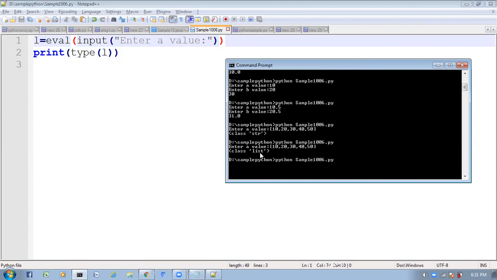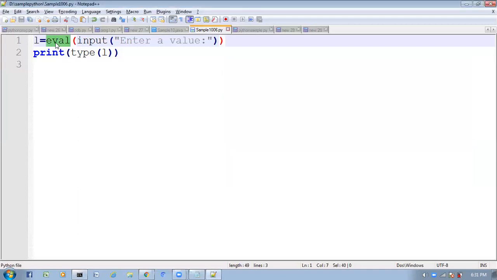Now here I am going to enter a tuple: 10, 20, 30, 40, 50, 60, taking parenthesis here. Now the eval function will automatically convert into tuple type based on your input. See here, we are getting tuple type. So by using this eval function, we can convert whatever you are expecting into that type automatically by taking this string as the argument. Is this point clear? How does the input function work?